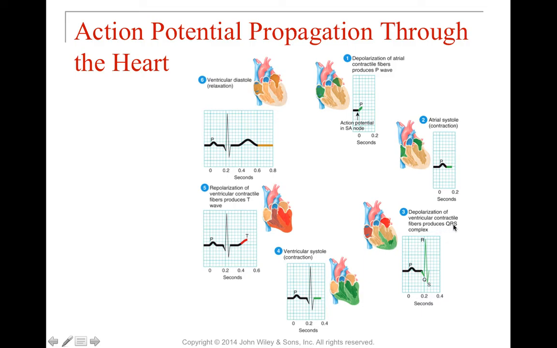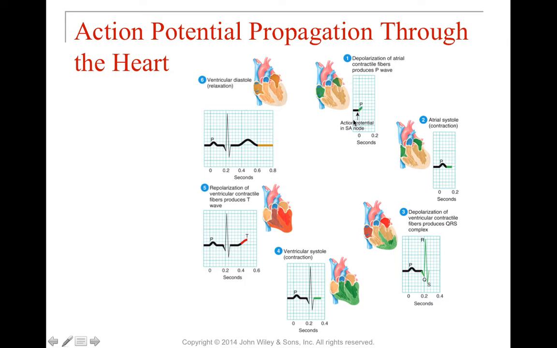And that's going to produce that QRS complex, so that spike, QRS here. After that, we end up with ventricular contraction, and that starts almost immediately after in that S wave that's here. That goes from S into T. During T, we have the repolarization of the contractile fibers, so everything is kind of having a reset, right? We have a refractory period, and we end up with relaxation,